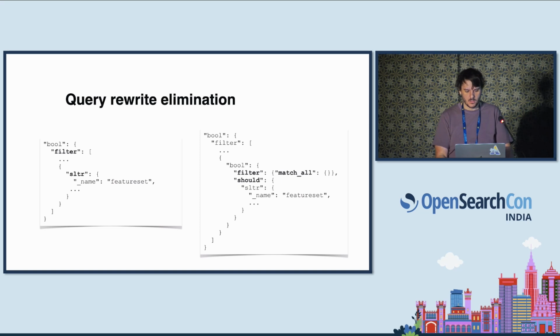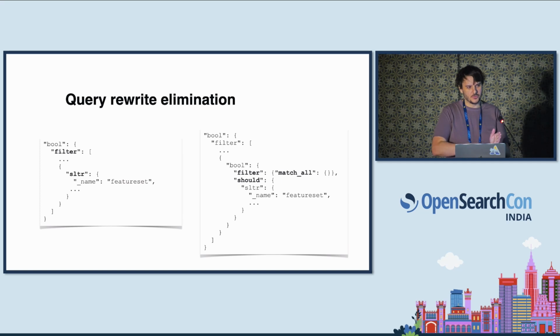considerably. In our case, we were using the Learning to Rank plugin to do feature retrieval. And the way that you do that is you define one of these SLTR queries and you put it in a filter block as part of your query. In practice, this behaves like a match-all query. Essentially, it's really just a placeholder there in order for the plugin to function, but it's not really supposed to add any overhead. However, it does add a slight amount of overhead in that